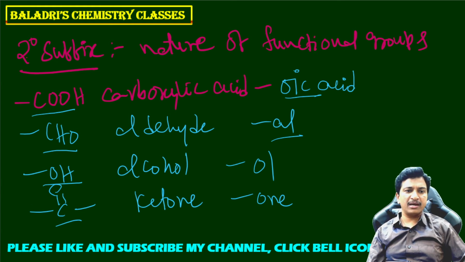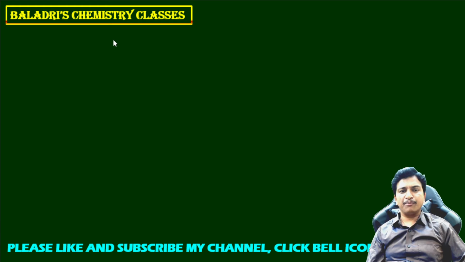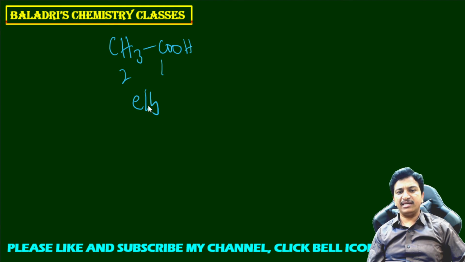Now, let us take one example here. Suppose here the compound is given, CH3COOH. Here how many carbons are there? 2 carbons are there. Therefore root word is eth. And this carbon is having sigma bonds only. Hydrogen always forms sigma bonds, we know. So there is no carbon-carbon double bond. Carbon-carbon single bond is only there. So root word is eth and primary suffix is ane. For COOH we need to write the secondary suffix is oic acid. So eth is the root word, ane is the primary suffix, oic acid is the secondary suffix.